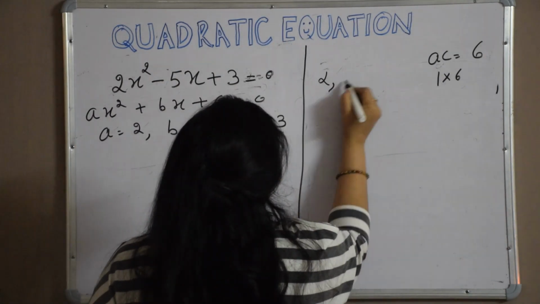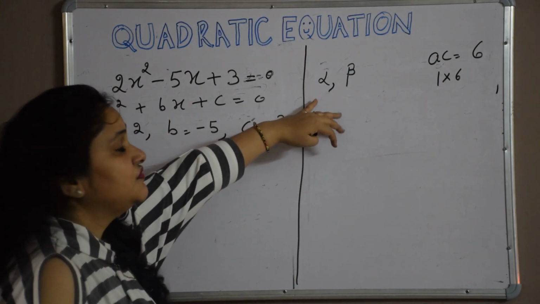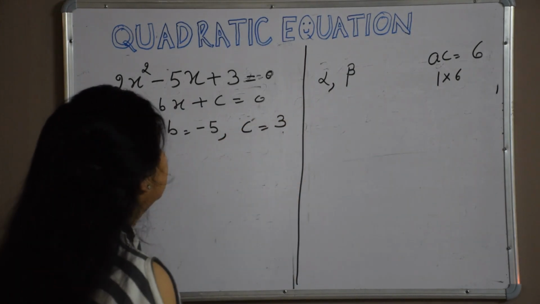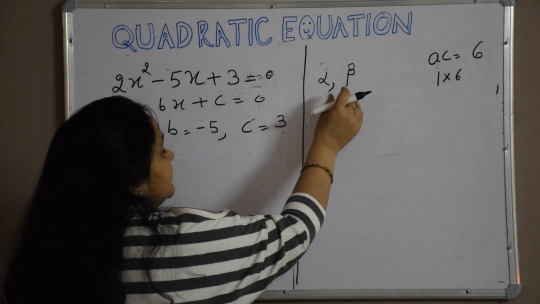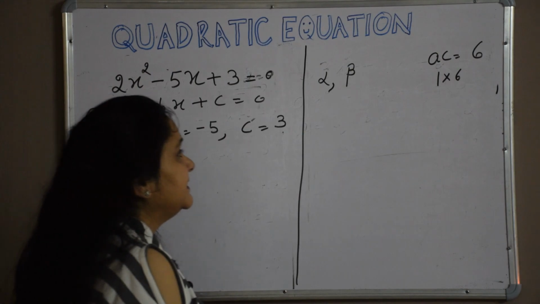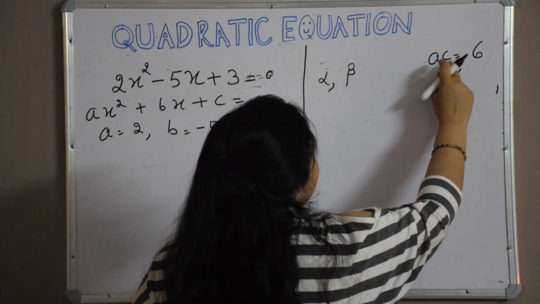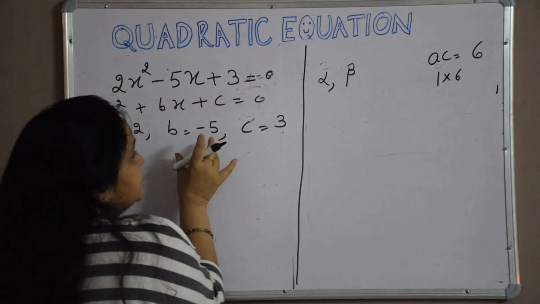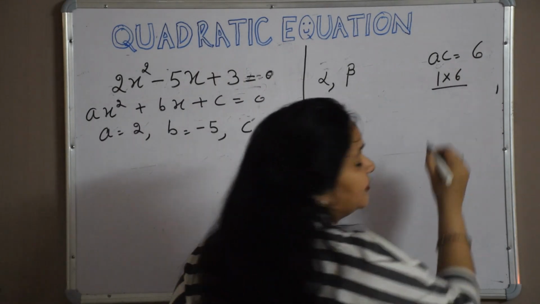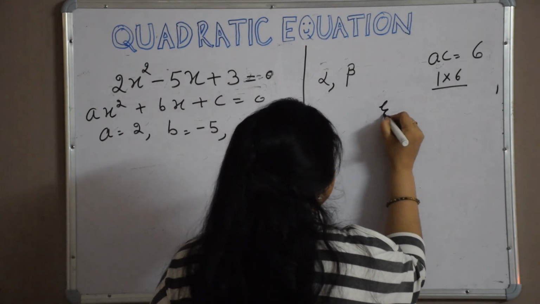Suppose we are having two roots alpha and beta. So we have to convert the sum in minus 5. We have to choose alpha beta like this that their product is 6 and their addition is minus 5. So whenever the product is 6, how many cases arises? Either